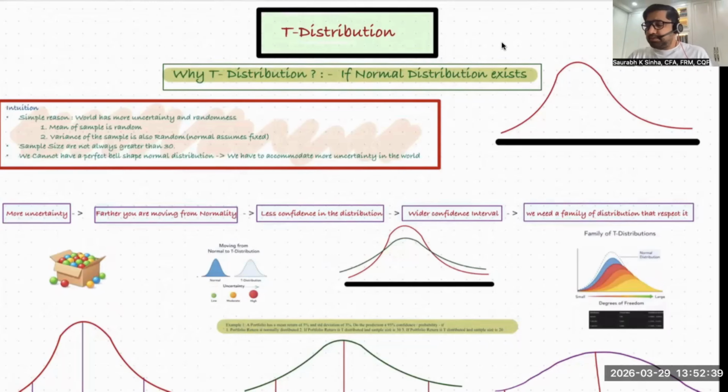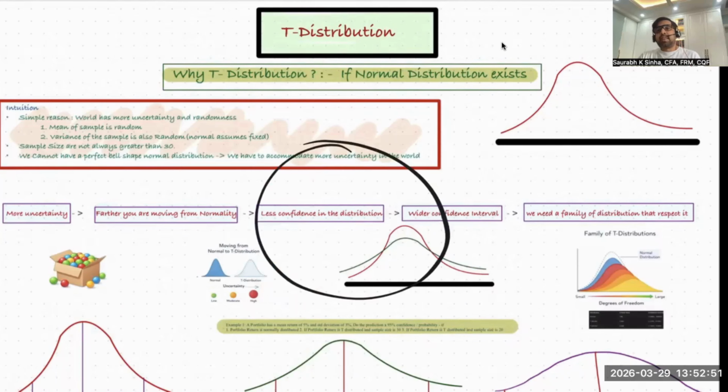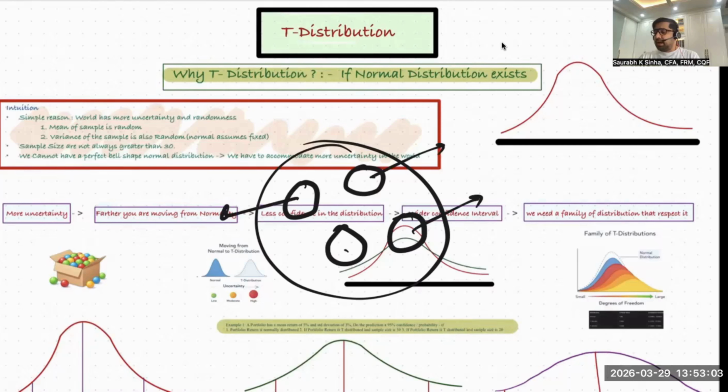Assume this is a population. And in this population, you can keep on taking different random samples. If you take the mean of these samples, which is X bar, this is uncertain. Sometimes it could be 2, sometimes 3, sometimes 4, sometimes 5, or it could be any number. But on average, it would be equal to the population mean. The normal distribution respects that the sample mean is random.